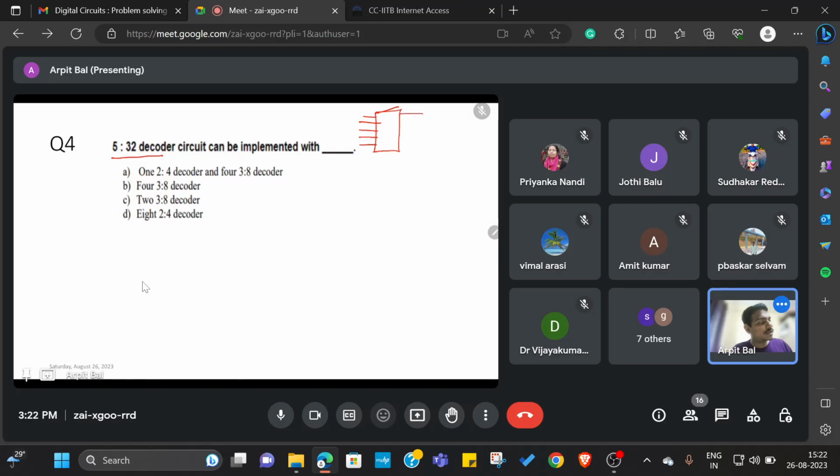Here we will have 32 outputs. This is 0 1 2 3 4. Otherwise, let me use some names: A B C D. Okay, so looking at the options,